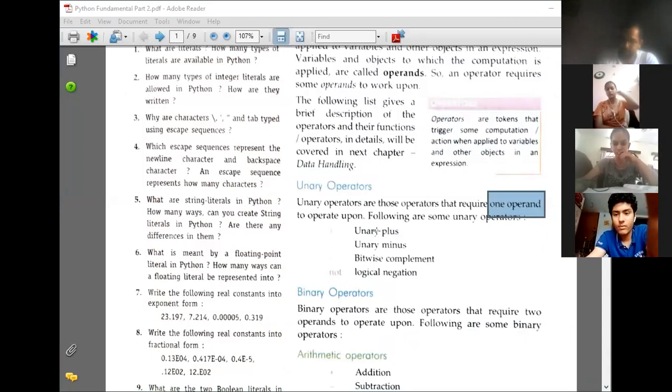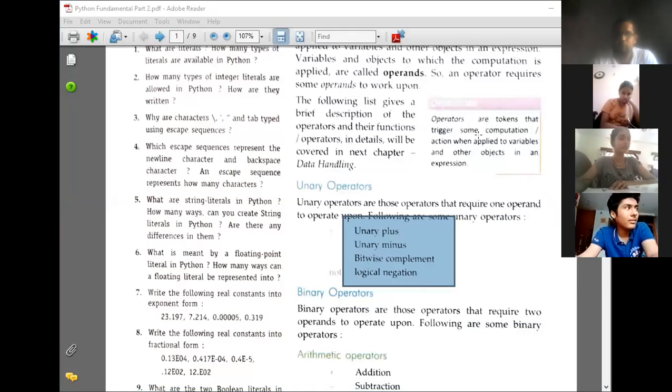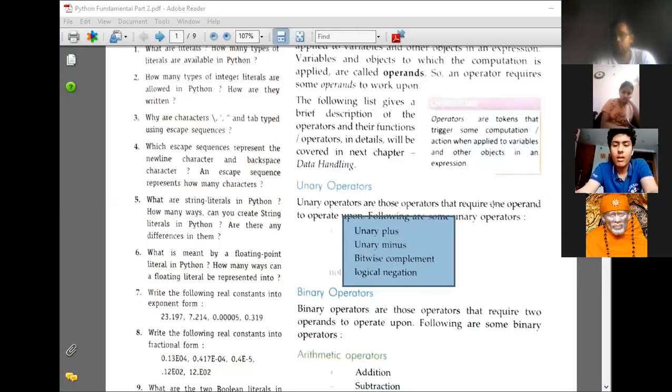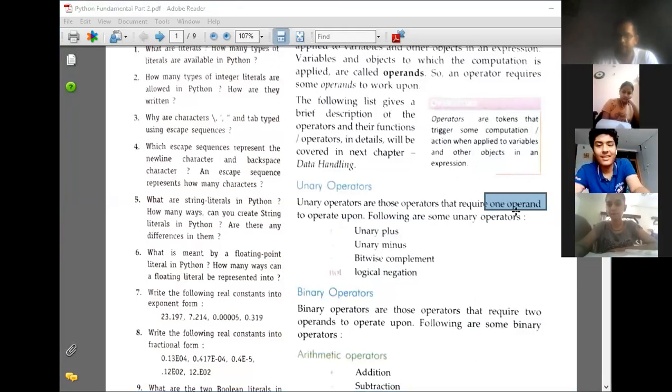Unary plus, unary minus, bitwise complement and logical negation are examples of unary operators. Unary operators require only one operand. Here operand means a variable, nothing else.